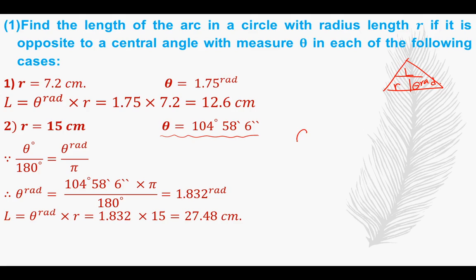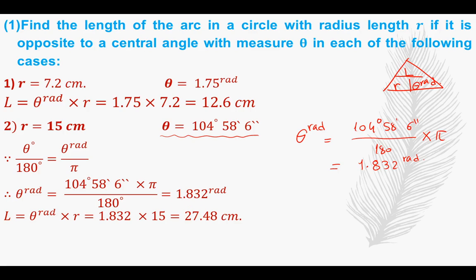Theta radian will be equal to the angle 104 degrees, 58 minutes, 6 seconds over 180 multiplied by pi. So the result, by using your calculator, will be 1.832 radian. As you can see here, theta radian equals 104 degrees, 58 minutes and 6 seconds multiplied by pi over 180, and this equals